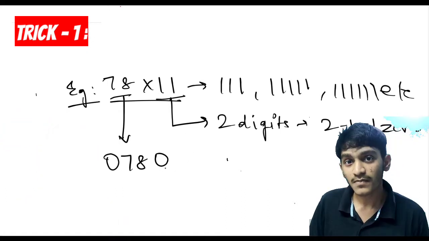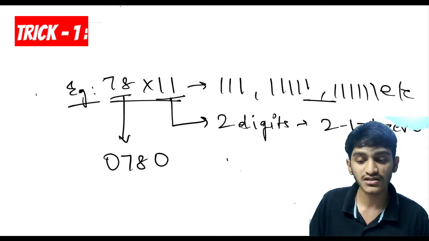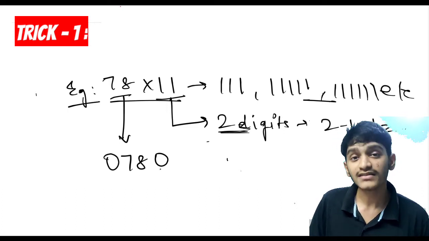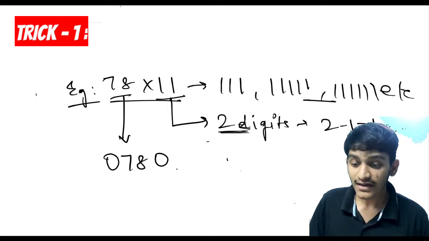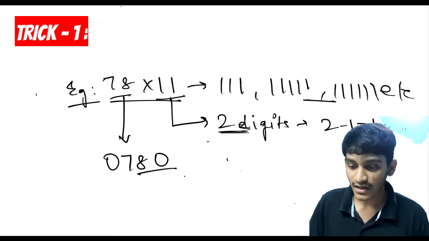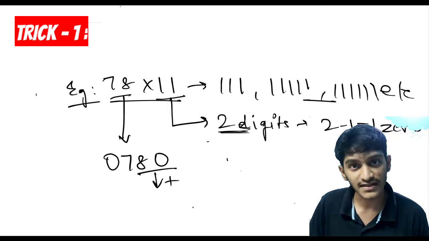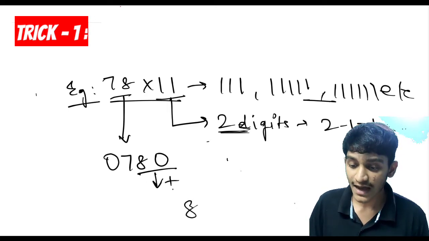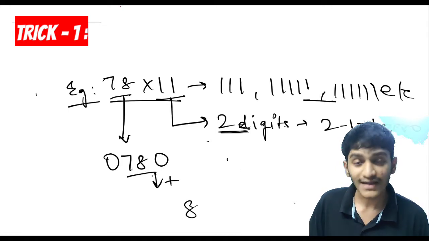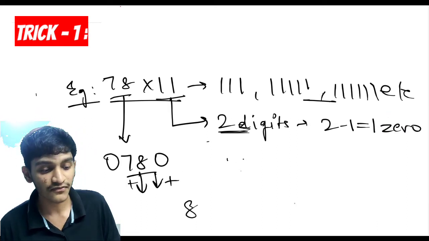As the second step, since this number 11 is a 2-digit number, we have to take numbers in pairs and add them up. I'll explain what I am trying to say. I'll take 80, which is a pair from the right hand side, and add them up. 8 plus 0 gives me 8, which is the units place of the answer. Now I'll move on to the next two numbers, which are 78. Now I'll add 7 and 8 with each other. 7 plus 8 gives me 15.